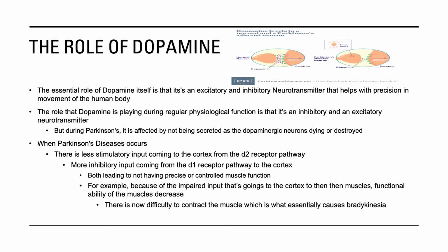The role of dopamine is essential to know when talking about Parkinson's disease, as well as when talking about regular physiological function. So let's begin. The essential role of dopamine itself is that it's an excitatory and inhibitory neurotransmitter that helps with precision in movement of the human body. So the role that dopamine is playing during regular physiological function is that it's an inhibitory and excitatory neurotransmitter. But during Parkinson's disease, it is affected by not being secreted as the dopaminergic neurons are either dead or destroyed. So ultimately, you have a depletion of dopamine,